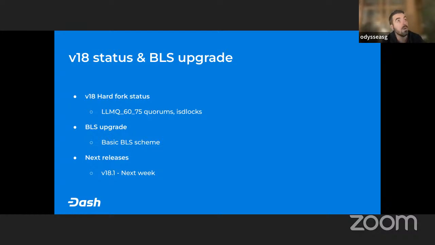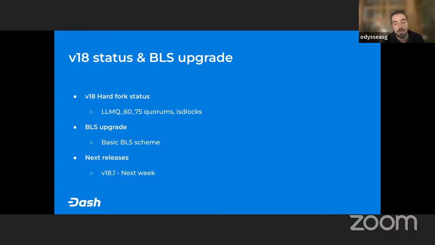So for example, once the fork is active, when a new masternode arrives and sends ProRegTx transactions, the object will be mined into the chain using the new scheme.